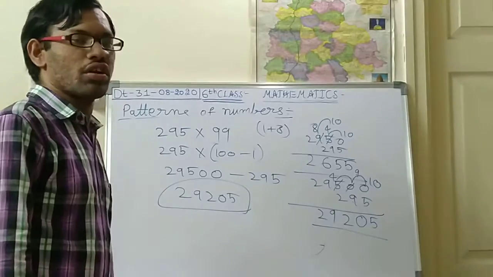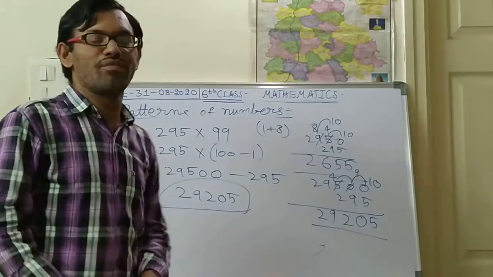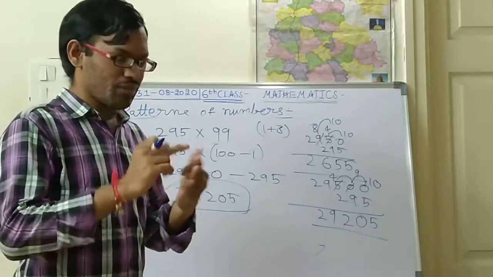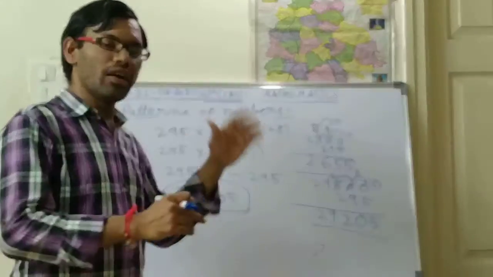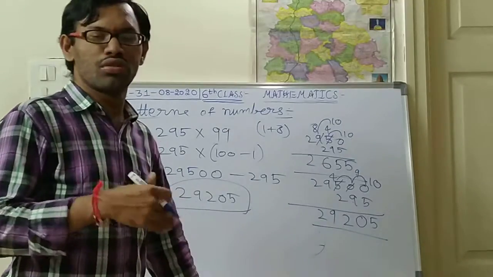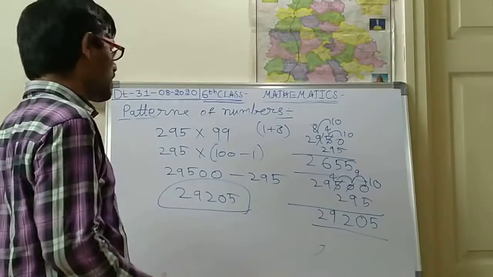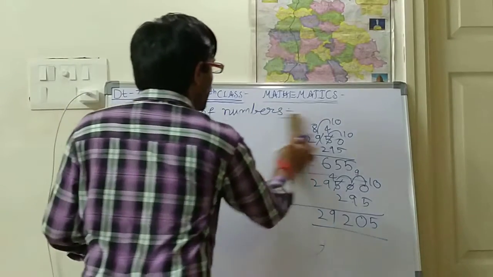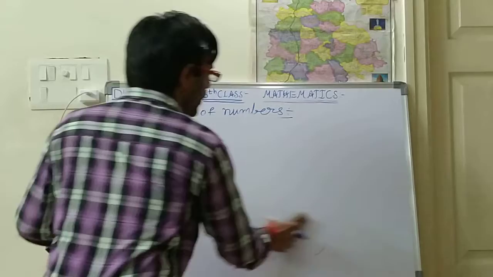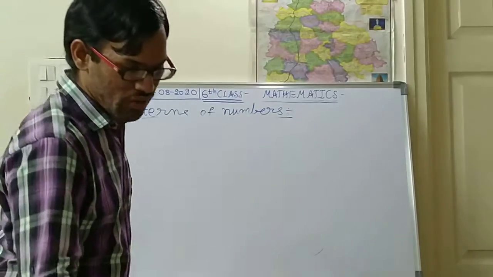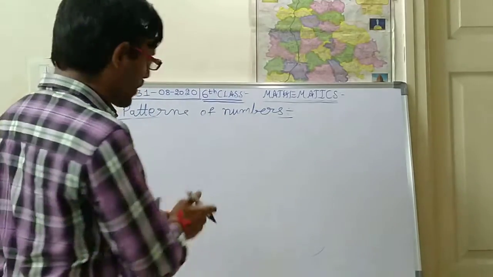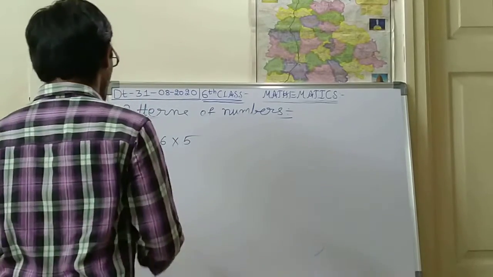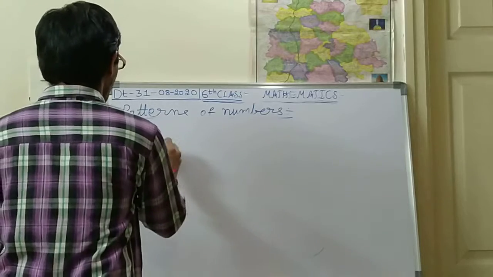I think you are understanding. This is one type of pattern. Addition completed, subtraction completed, multiplication also completed. Next, if you want to do divisions also, for divisions there will also be some type of pattern. In rare and very small cases, these division patterns will be allowed. For example, in your textbook, 46 into 5 was given. So instead of 46 we can take another number.